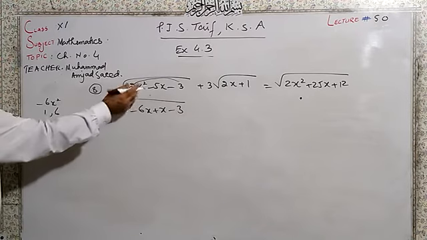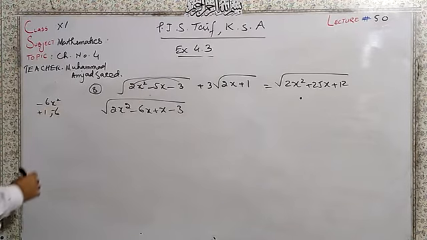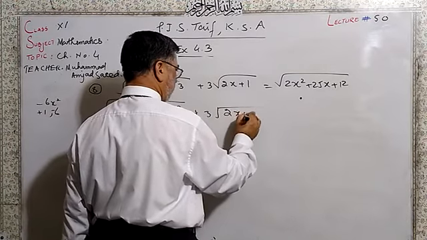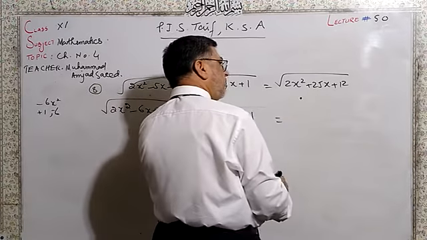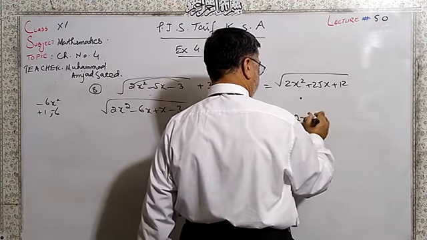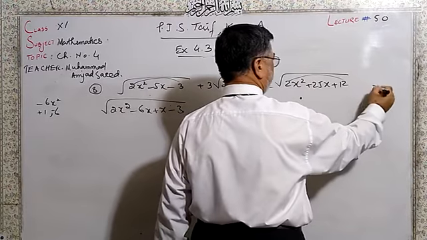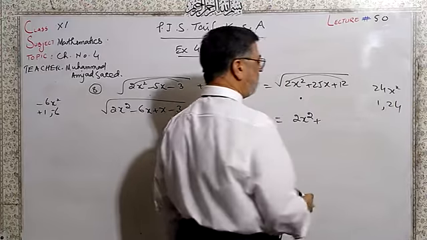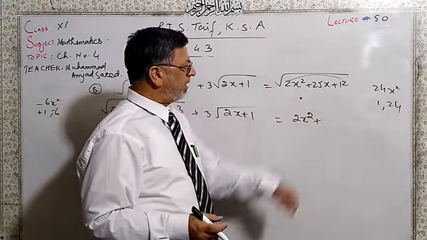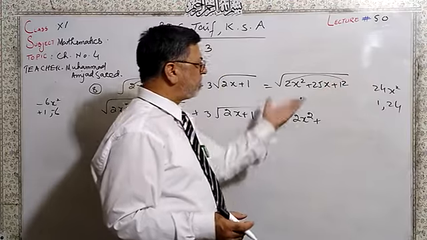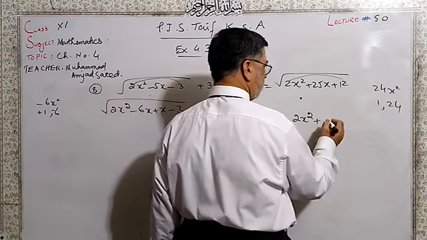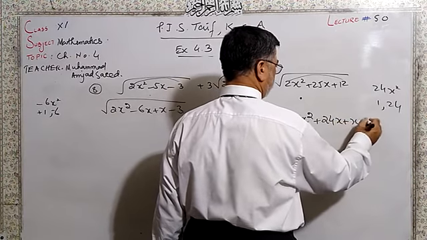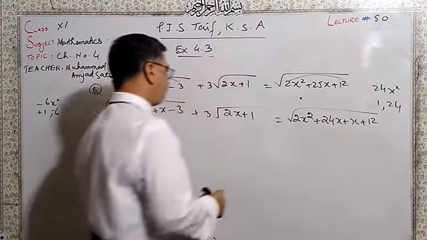So the sign of the bigger component will be taken from 5, so it is minus 5 and plus 1. Then 3 into root of 2x plus 1 is equal to, we have 2x square, this is multiplied, 24x square. We can have 1 and 24. If you add them, it will become 25. And after multiplying, you will get 24. So same is the pair 24x plus x plus 12, whole under root.